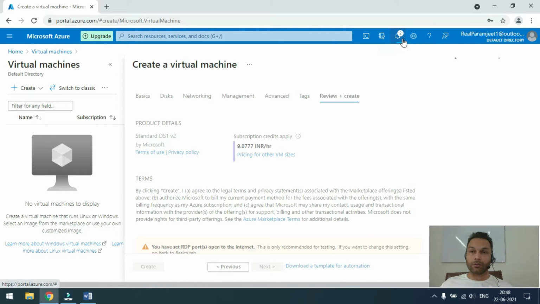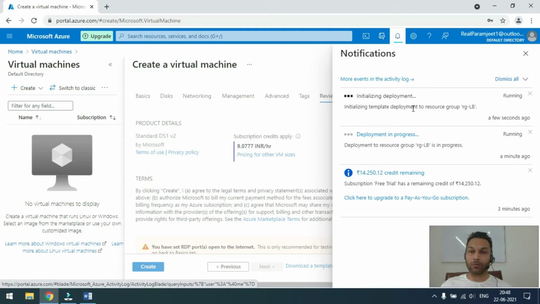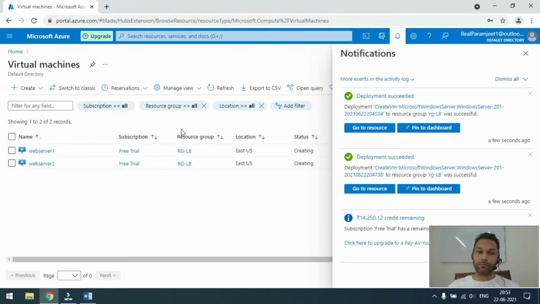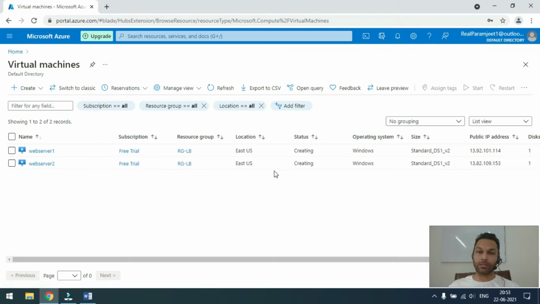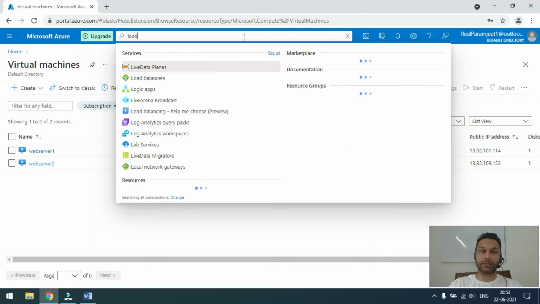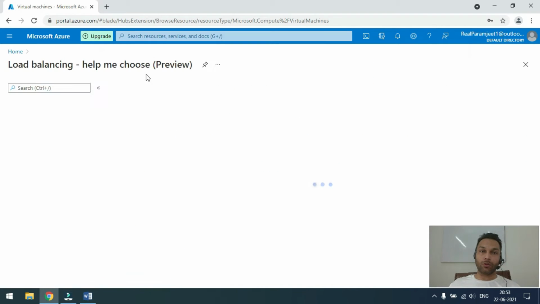So you can see both the virtual machines are being deployed here, so we'll wait for both the virtual machines to complete the deployment and then we'll move further. Okay friends, now you can see both the virtual machines are deployed. If I refresh, I see both the virtual machines are here. As we have both the virtual machines up and running, we can go to the option load balancer. If you do not see it in recent services, just start typing load balancer and you will see it. Go to load balancer,